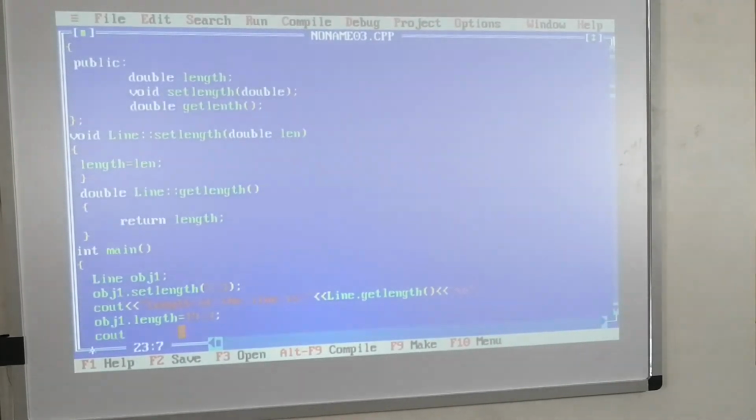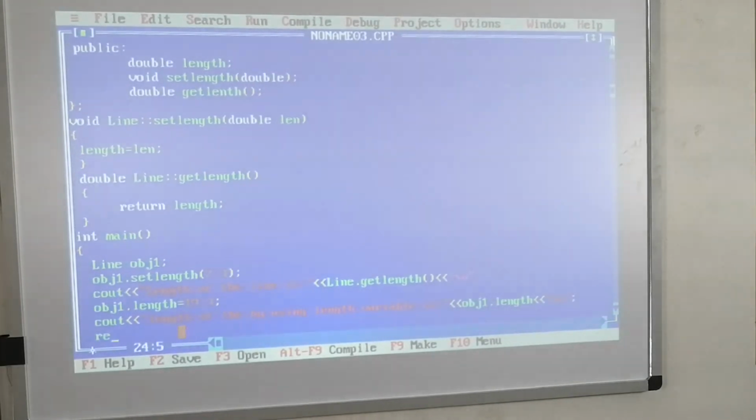Now I am printing the value: cout, length of the line by using length variable is, obj1 dot length. Right, return 0.